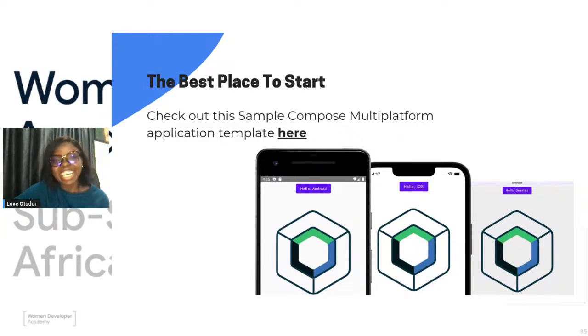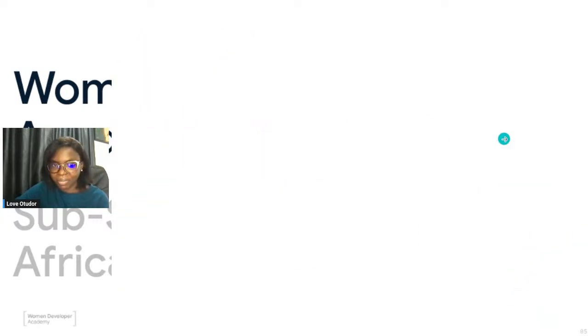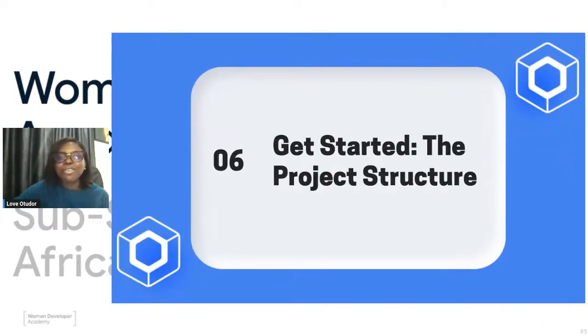Okay, so when you click on this link, it takes you to the repository that has the Compose multi-platform templates where you can download and see what the code looks like. And in future slides, we're also going to see various code snippets from this Compose multi-platform template. And yes, so let's get started and take a look at what the Compose multi-platform project structure looks like on